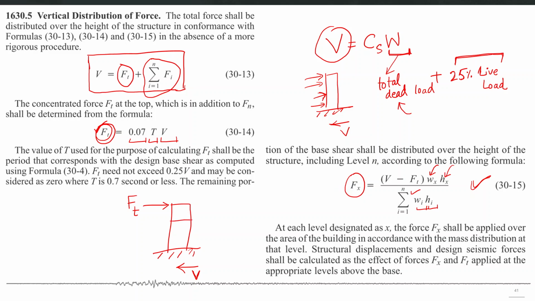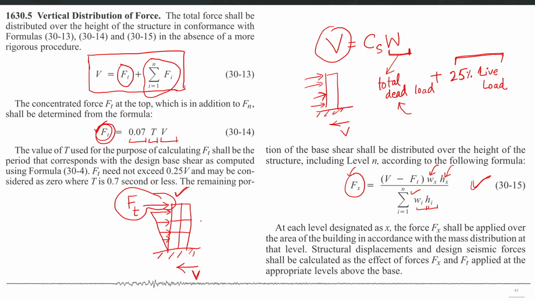So for a regular kind of building which has the same story heights and same mass of each story, this formula will result in exactly the triangular kind of distribution, because it is a linear formula, you can see here. So all the remaining forces basically will be applied in a triangular manner. But this additional Ft which will be applied at the top story is meant to account for the effects of higher vibration modes, because the triangular distribution of all other forces is only meant to account for the first vibration mode of the structure, because the first vibration mode of mostly low to mid-rise buildings is close to a triangular shape